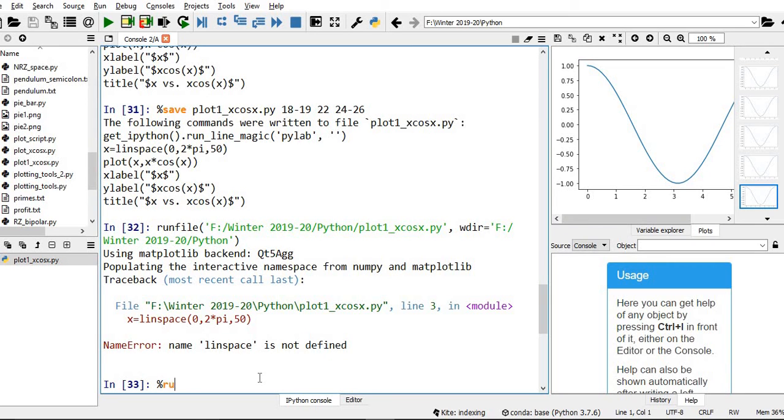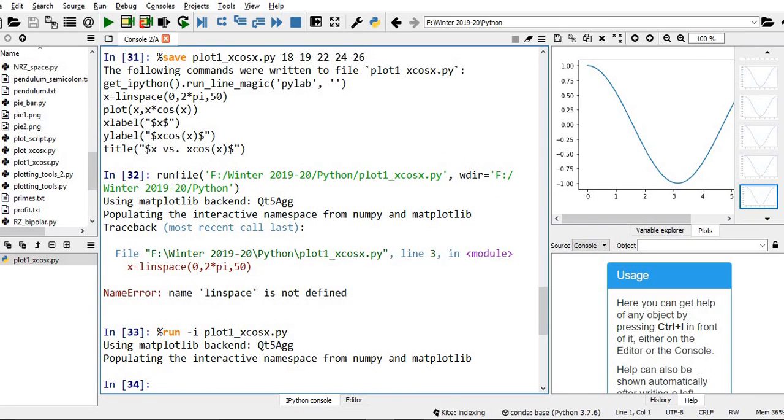So the command is %run -i, file name. What's the file name? plot1_x_cosine_x .py. Hit enter. You just see the corresponding output. Let me close it and execute one more time.